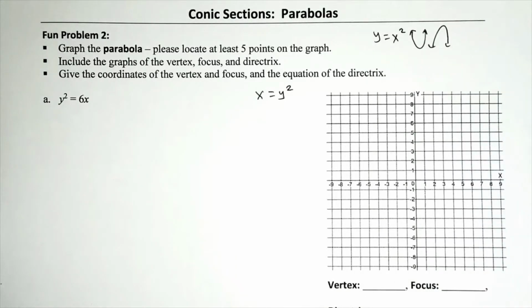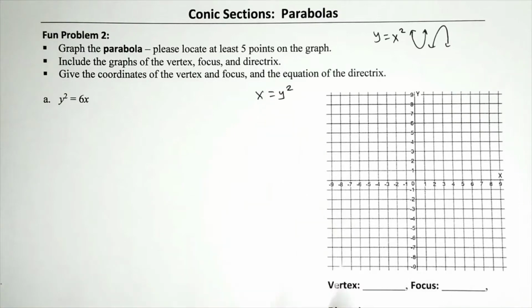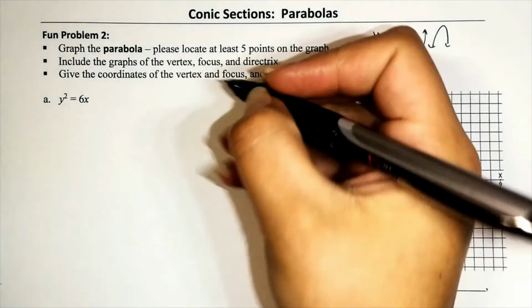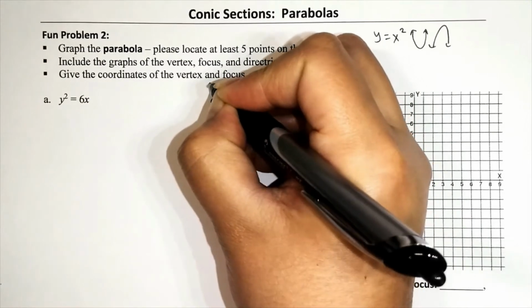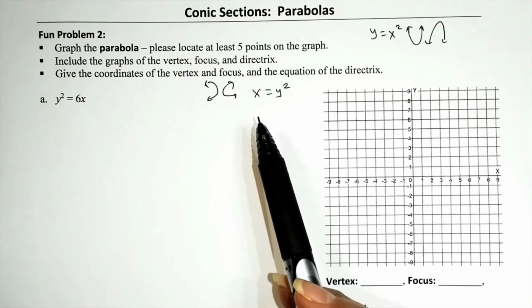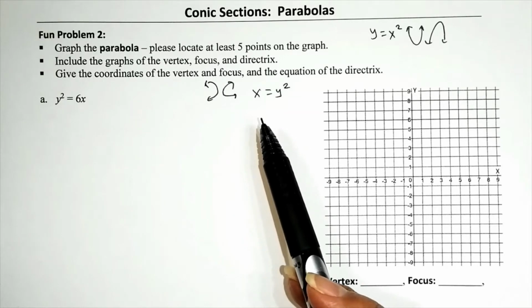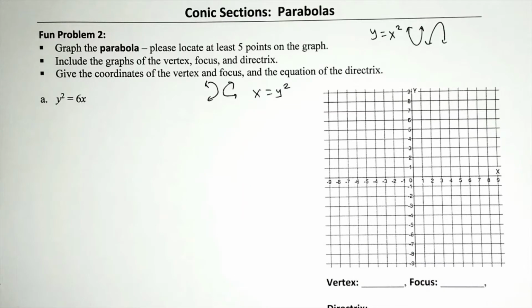New to our life, we have to have in the back of our mind that if we have x equals y squared, then we're going to have a sideways parabola. So it may either open to the right or it may open to the left. Either way, the general form to write the equation of a parabola is going to be given by